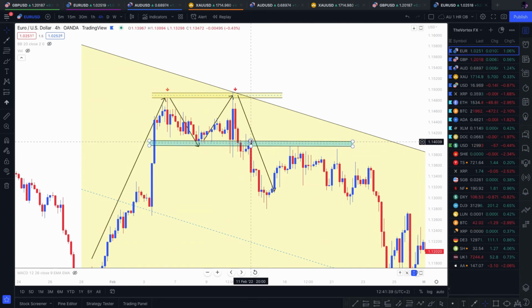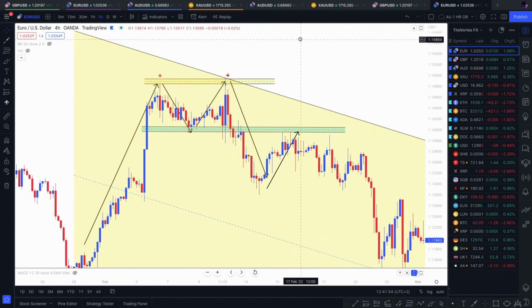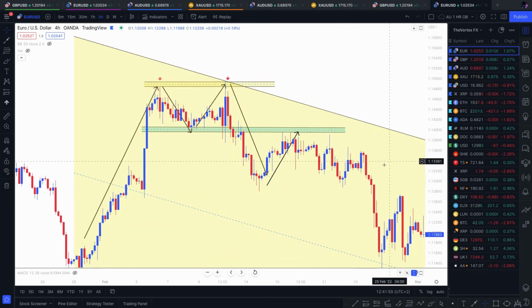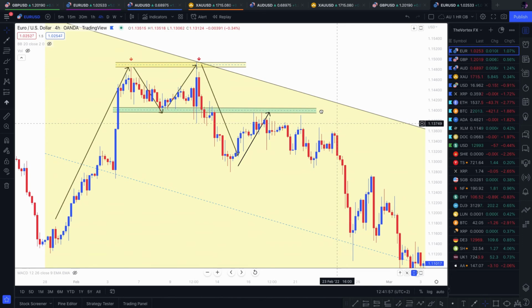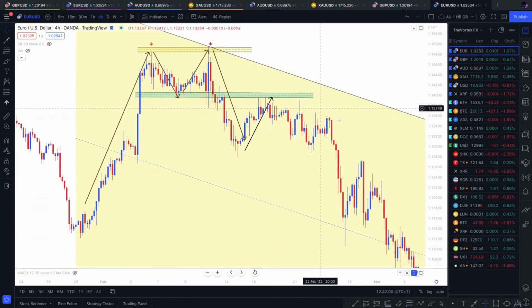For those that never caught that one, we could have waited even longer. Price came below, and then eventually retraced back up to the neckline, and in this case touched the very bottom of the neckline. So what would we have done in this scenario? We would have taken our short position tool,